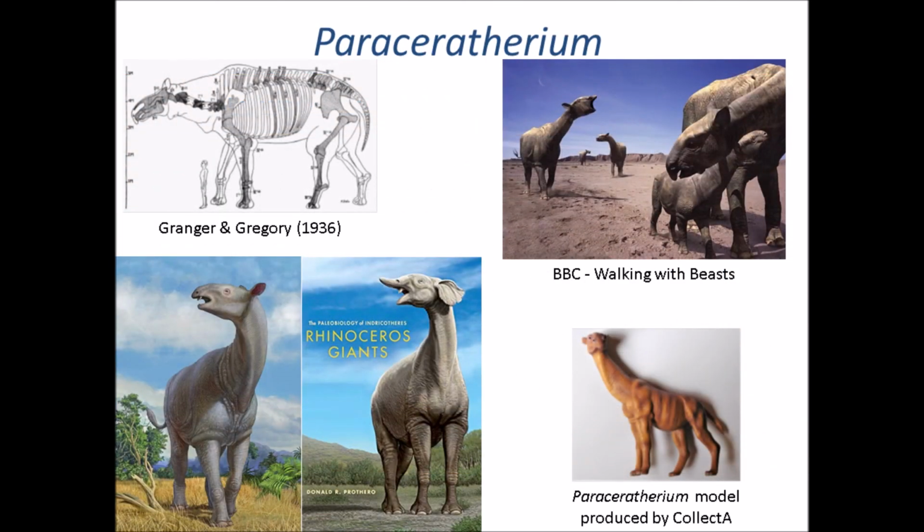One well-known ancient mammal is Paraceratherium. This giant rhinoceros has been known by at least 3 different names, depending on whether it was discovered by British, Russian or American paleontologists. On the left-hand side is a reconstruction from 1936. The BBC Walking with Beasts reconstructed this as a slightly less massive animal. On the bottom left-hand side, we can see that Donald Prothero has reconstructed the animal with large ears and a trunk on the cover of his recent book. But these modifications don't affect the mass appreciably.